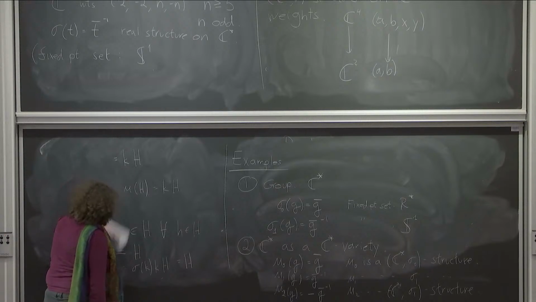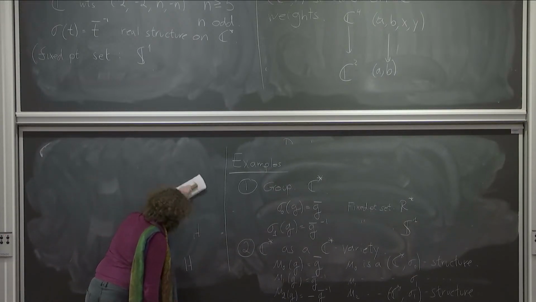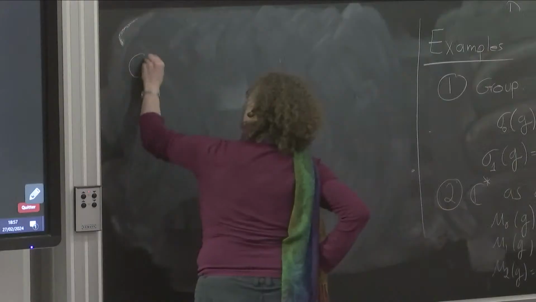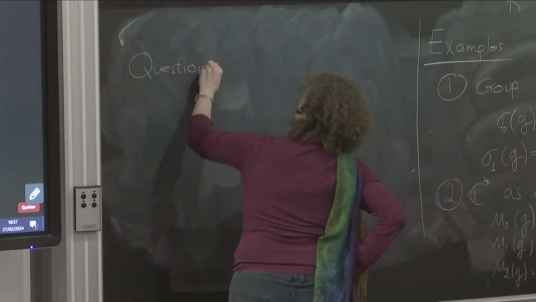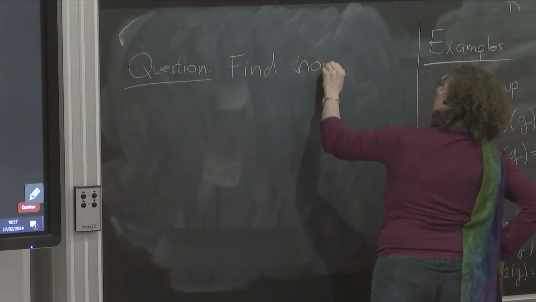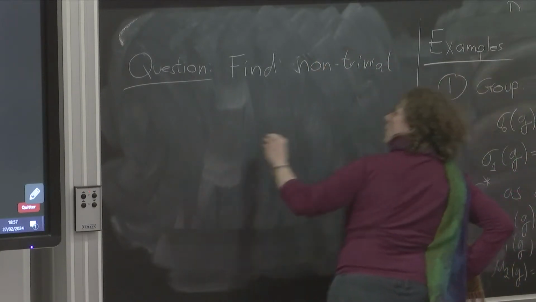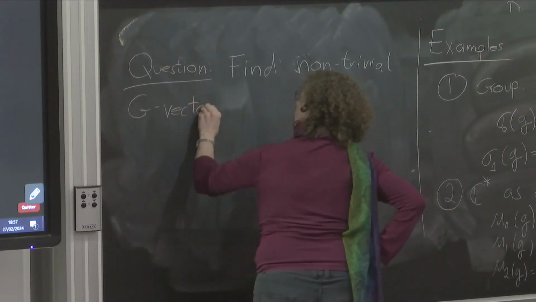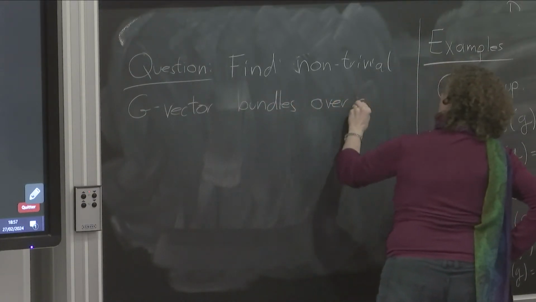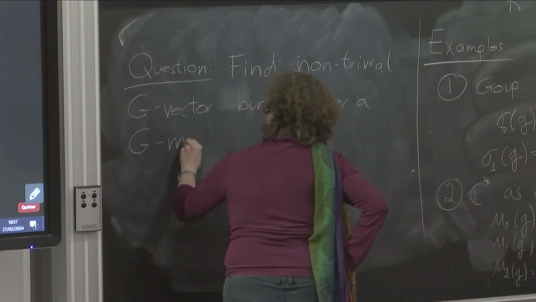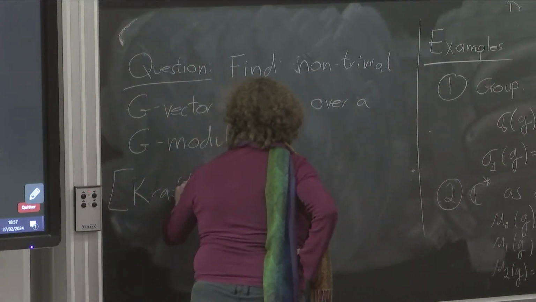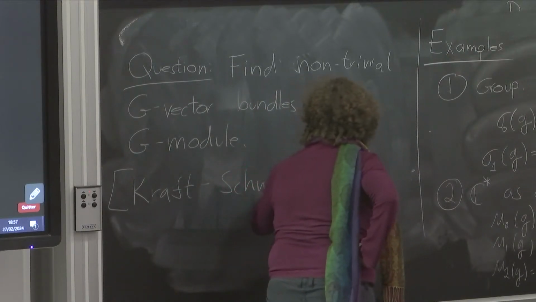This comes from an old question: find non-trivial G vector bundles over a G module. Kraft and Schwarz, in the 1980s,